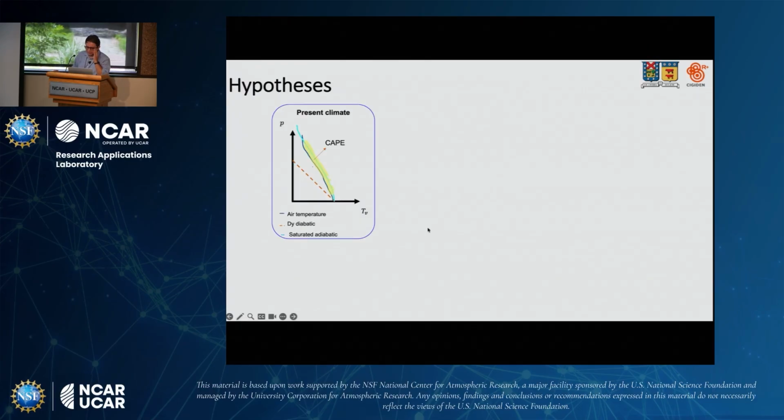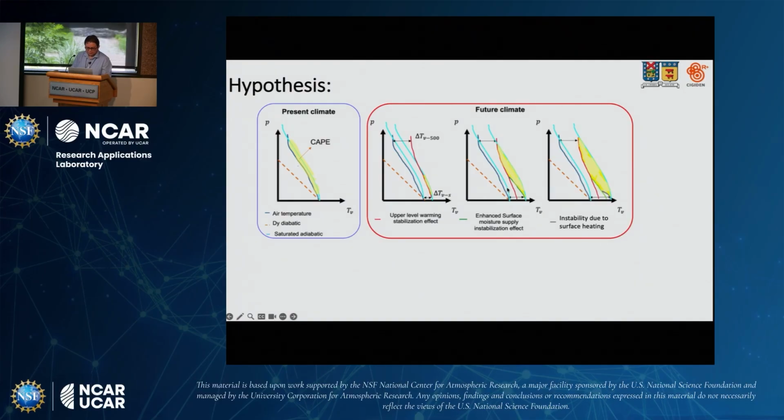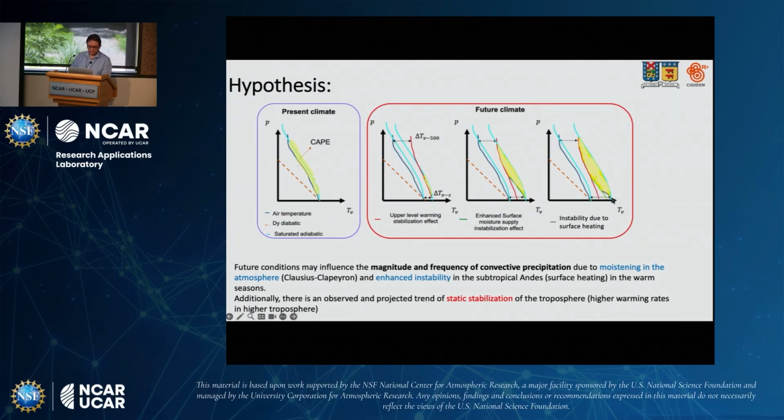So for that, the hypothesis is, in the current climate, this is a vertical profile of virtual temperature, you can have some instability in the atmosphere. And then you have this upper air enhanced warming that tends to stabilize and diminish the CAPE of the atmosphere. On the other hand, you can have this increase in moisture at the surface that tends to destabilize the atmosphere, and also surface heating that also tends to destabilize. So you have these two forces interacting, and we